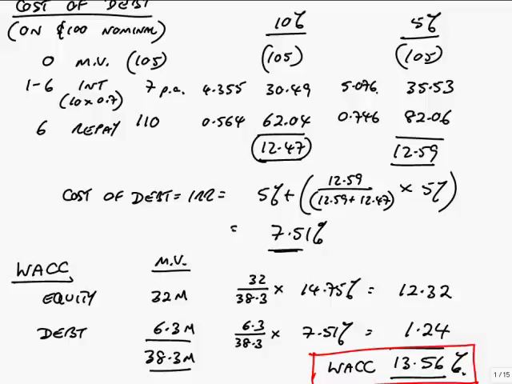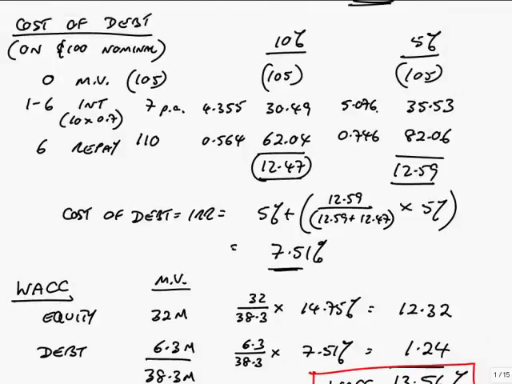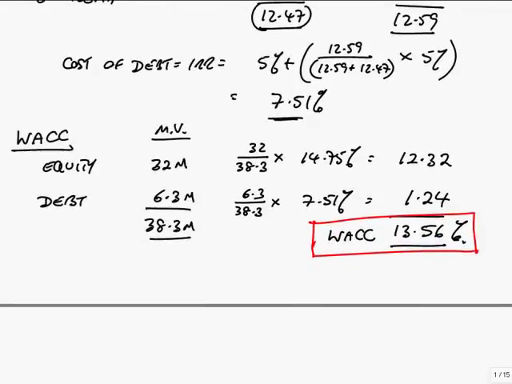But otherwise, well, I got 7.51. The weighting itself, I hope is clear to everybody, always it's by total market values. The weighted average is 13.56. All right? And although, as I said, it's something we do need to discuss shortly,